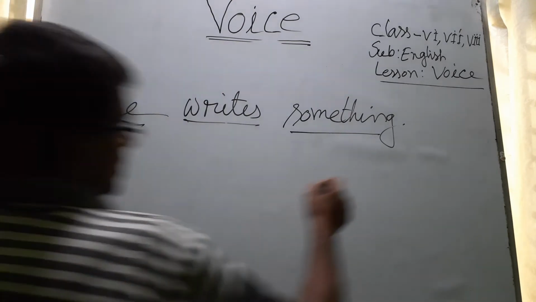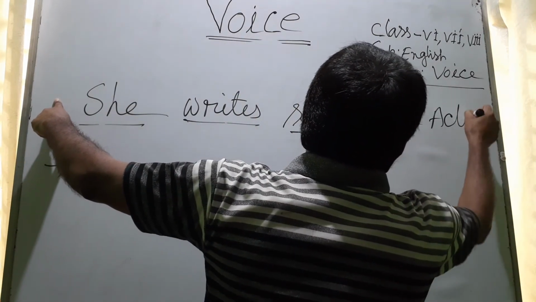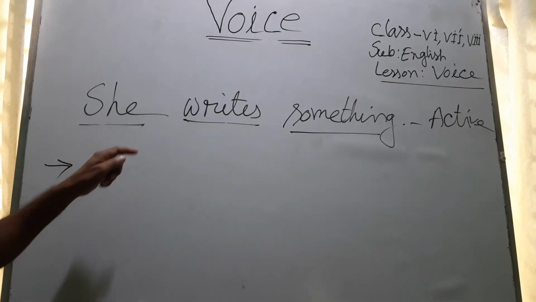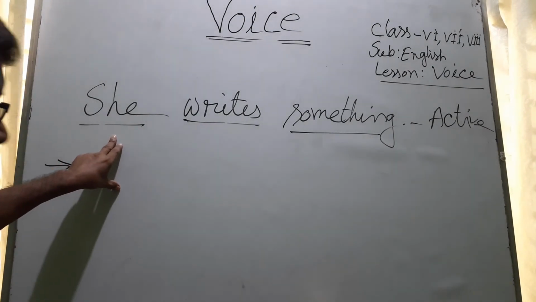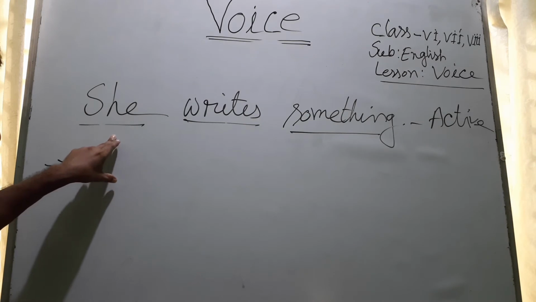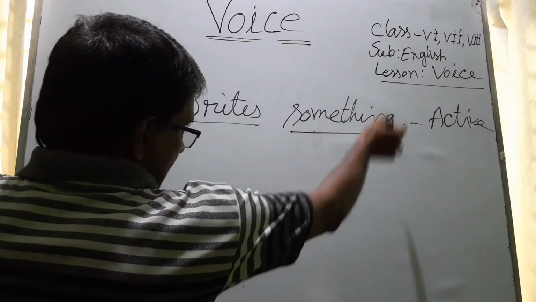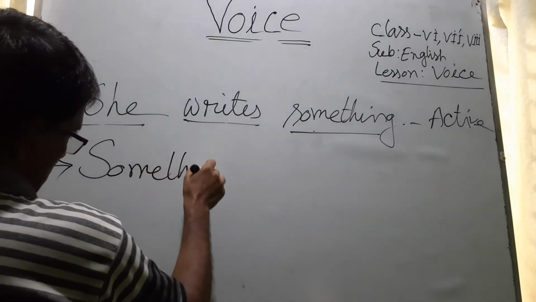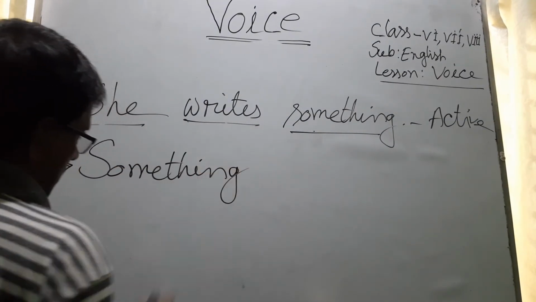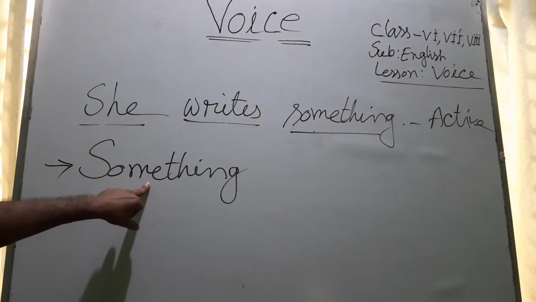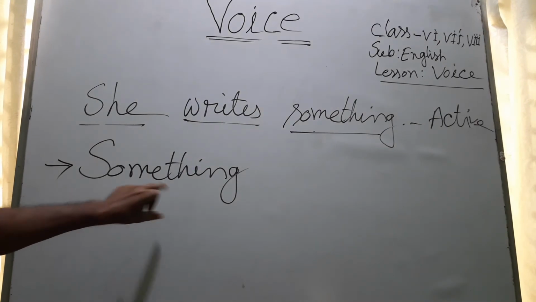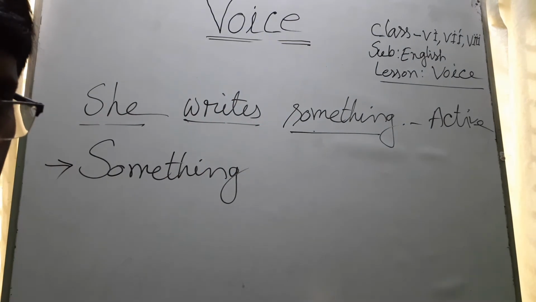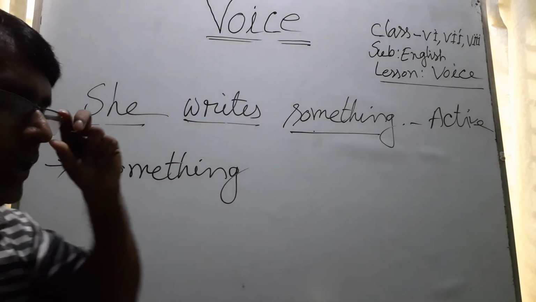And now first we should write the subjective form of the object, something, and the same thing, something. The same form of object, subjective form, something. This is present indefinite tense, and you